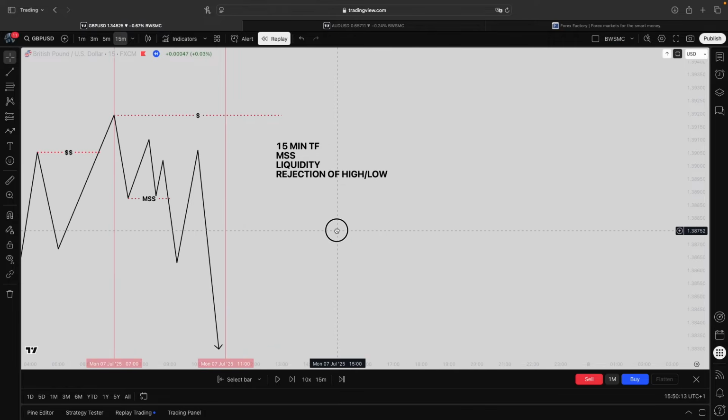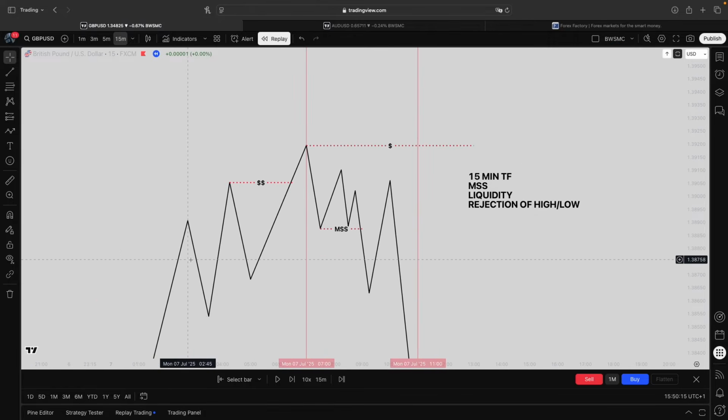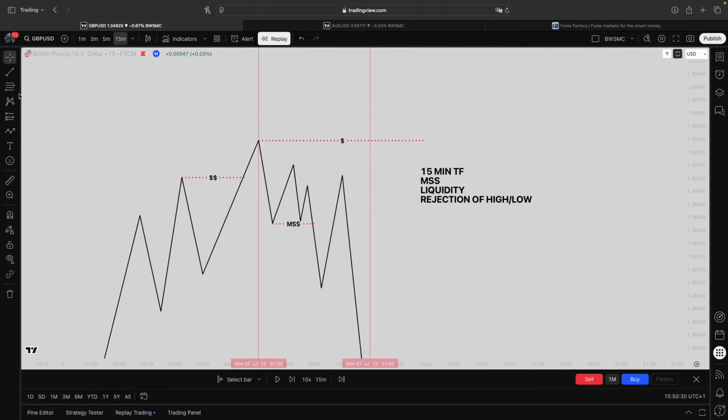So as you can see, pretty simple, clean, understandable price action. We have a liquidity sweep, pushes into a new high, then we create a low, we break out of that low, and you can see we did reject this high. So we're showing strong signs of actually being a bearish market. What we could do,